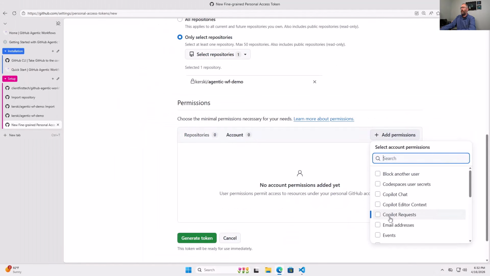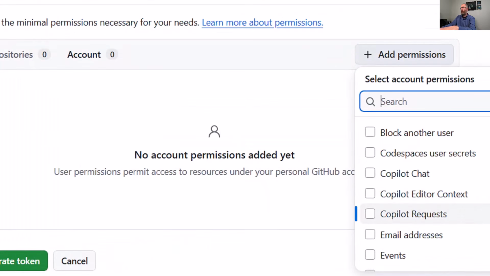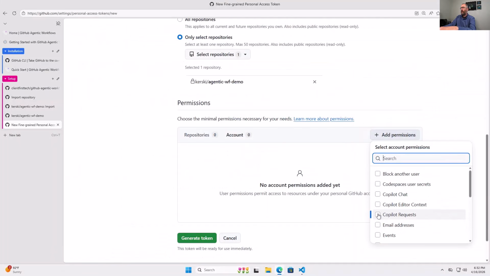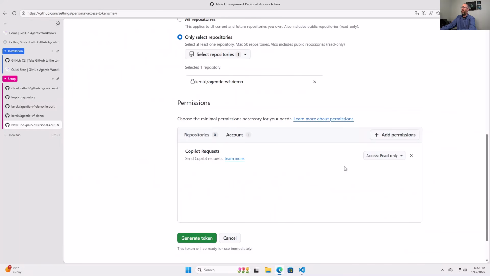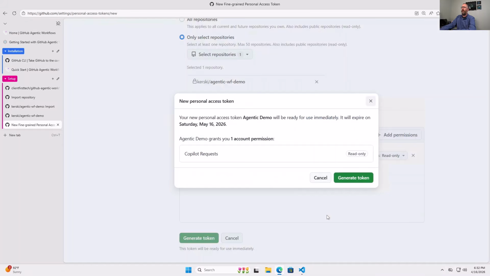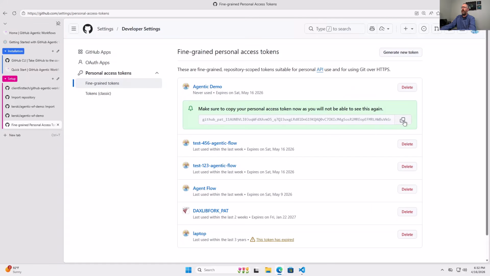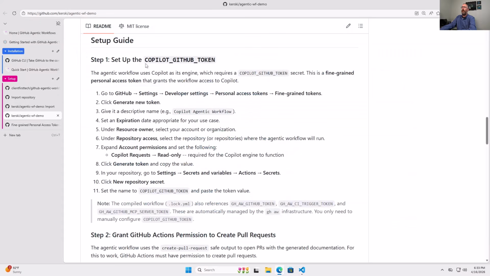hit Add Permissions, and select Copilot Requests. That's the only permission you need for that. And then you're going to generate the token. I'm going to click Generate Token. Now, you do not share this token with anybody else. I am going to regenerate this after this video, so you won't be able to use it. But I'm going to copy that, and then I'm going to go back to my repository, and I need to